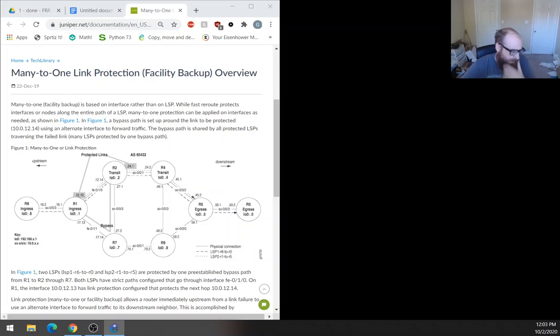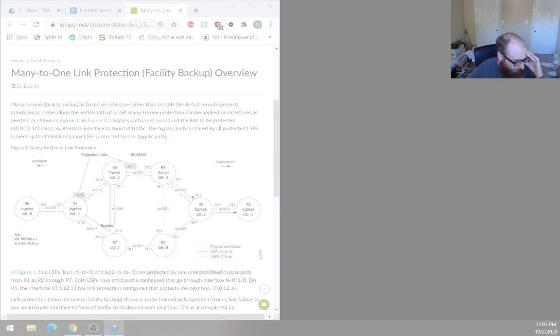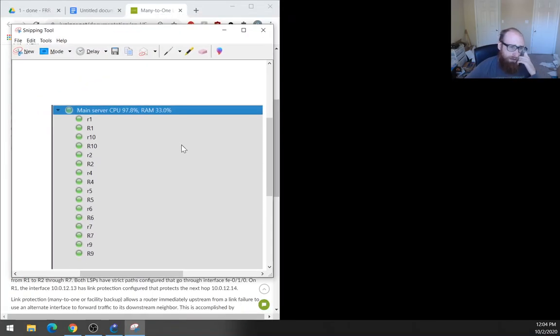Okay, and I've got my Topology Summary open as well. That gives me my statistics for CPU and RAM usage. Unfortunately, it's kind of buggy. It shows up on my other screen, but I can still see it, and I can take a screenshot and show it. So you can see we've got really high CPU usage, which would be bad news if this main server were an actual hardware server. But the good news is that this is a VM. It's the GNS3 VM running on my